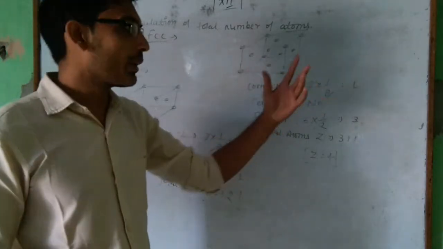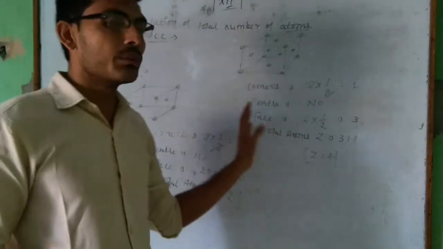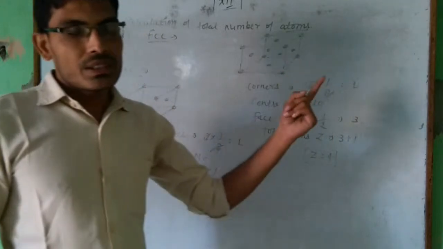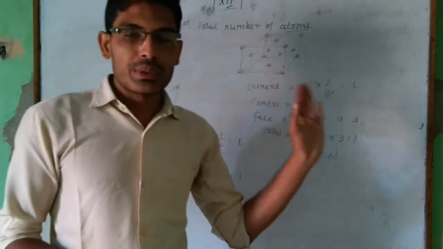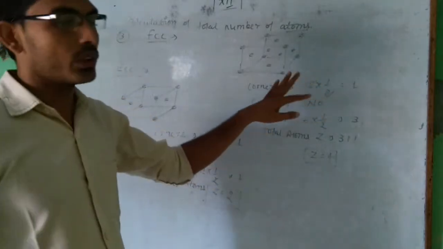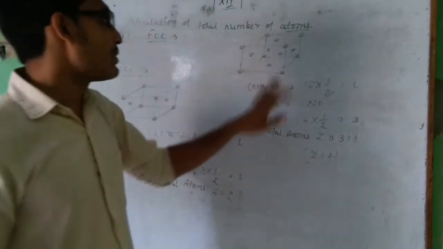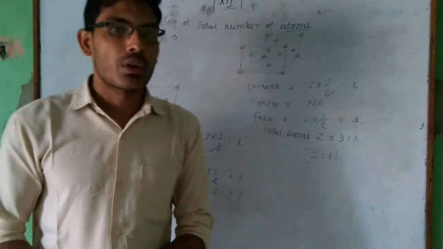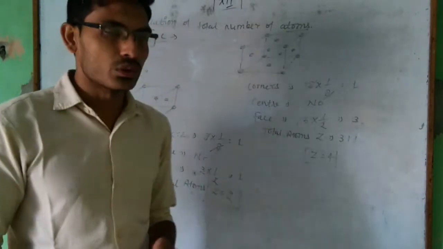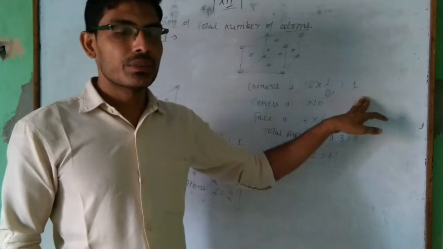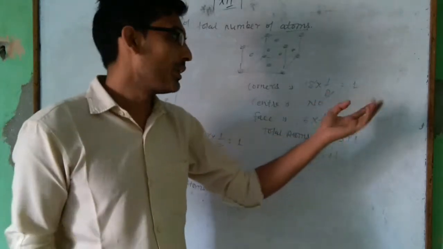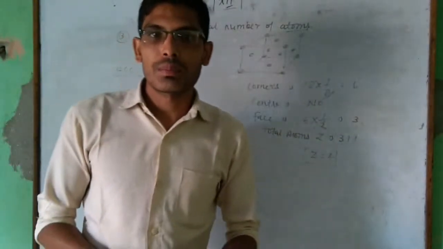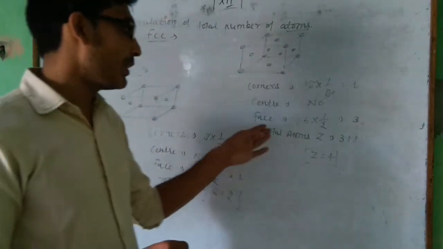So the calculation, after the calculation, we got the total number of atoms only 2 because 8 into 1 upon 8 part of the BCC is equal to 1 and 1 center to be added. So Z equal to 2, total number 2. The third one is FCC, face centered cubic cell. As usual we are calculating the total number of atoms present in FCC also. So the corners present 8 atoms as usual present at each unit cell. So 1 after the calculation, a center is now present in the FCC, and the important thing in FCC is